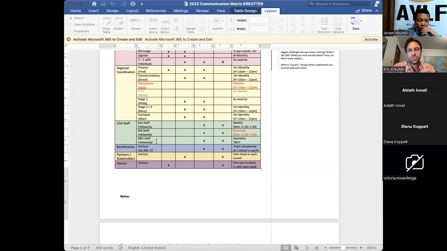And also in Arusha, that's why I try to travel periodically to be with the staff there, just so that I have relationships with them. So those things go on my calendar. I know that every year I have to at least be in these different places this number of times.